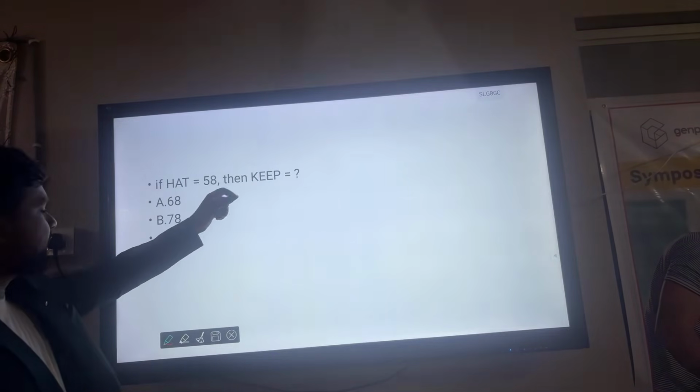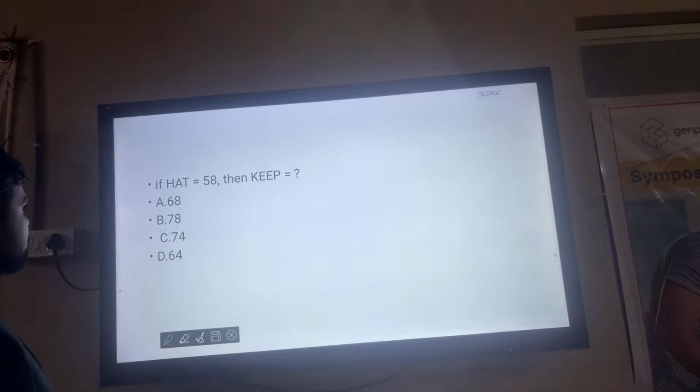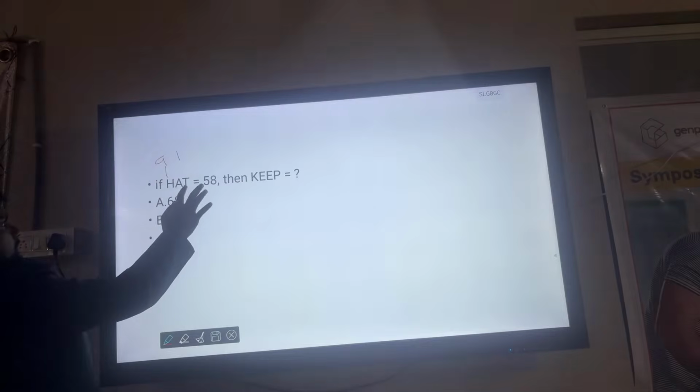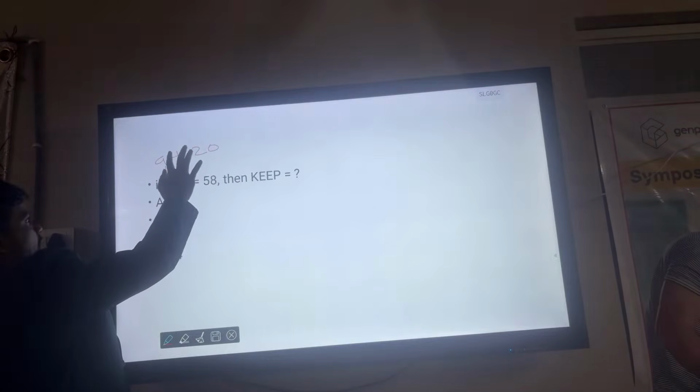Hat is equal to 58. Then what is KEEP equal to? What is the H value of each alphabet? H is 8, I is 9, A is 1, T is 20. When you add all of them,